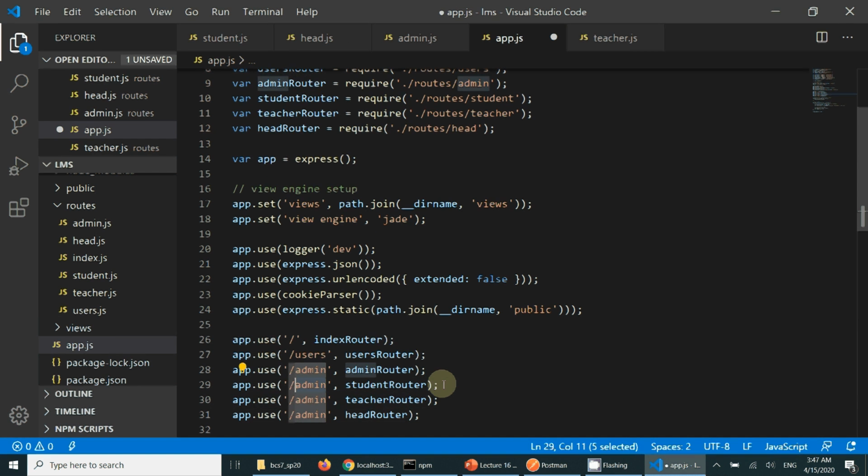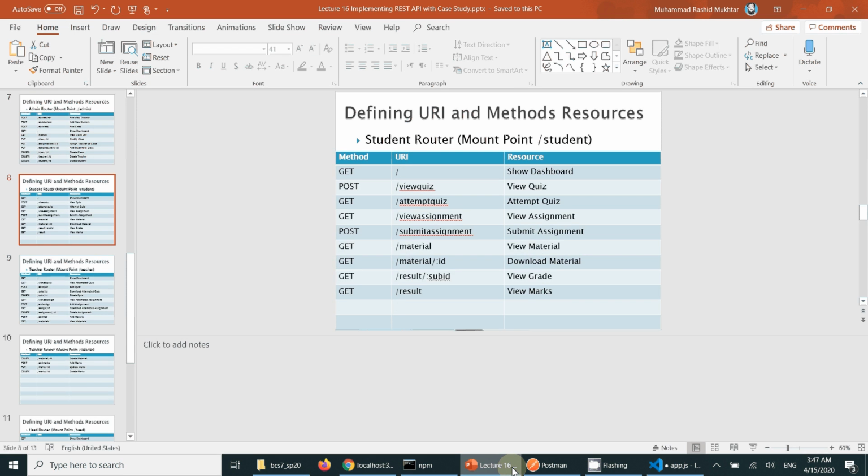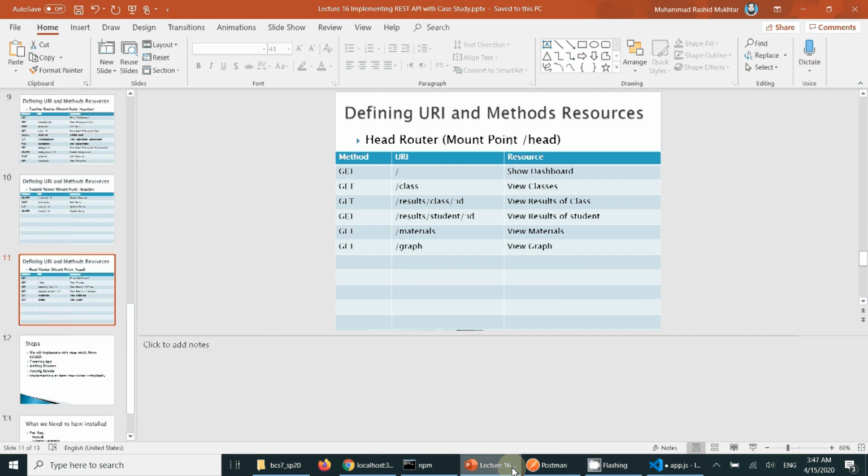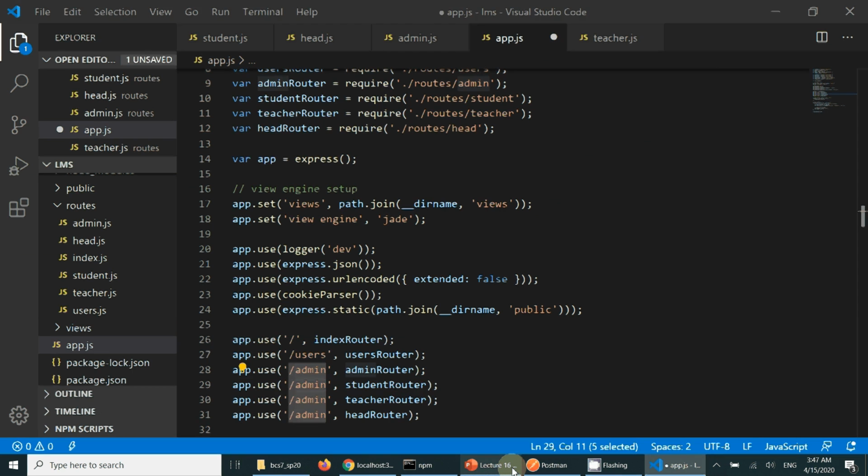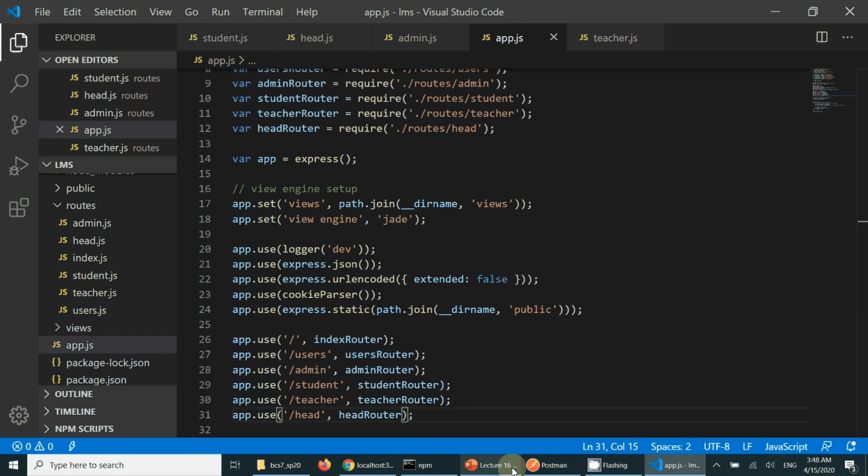For student, we have defined the mount point as student, and for teacher, teacher, and head for head. So we will define the same mount points: student, teacher, head. So doing so, what we have performed till now, we have included all the routers which we need to